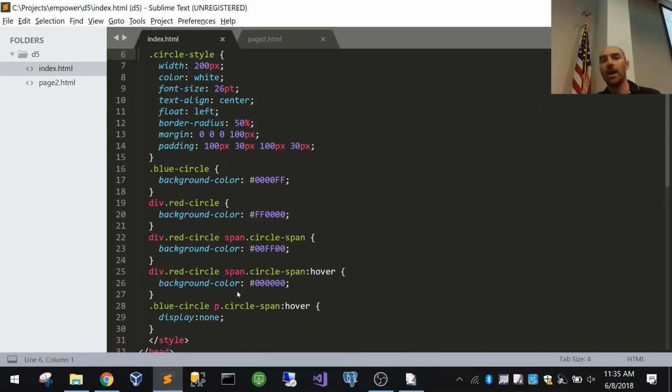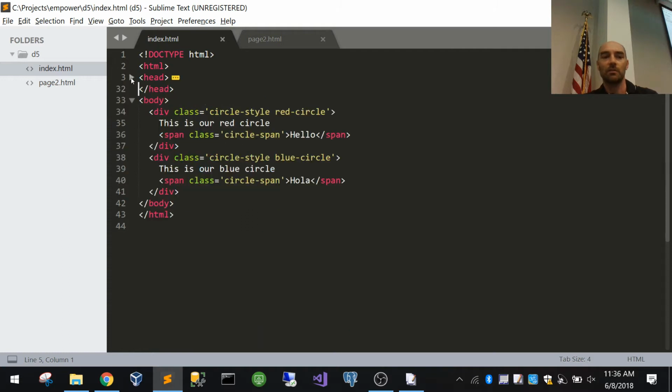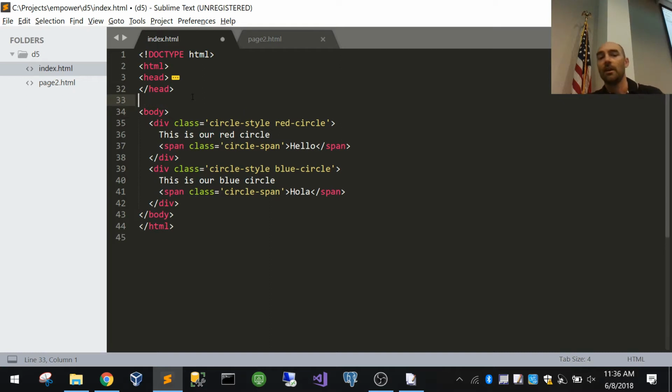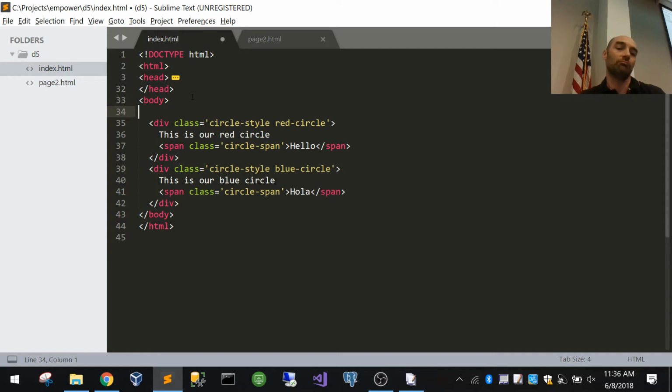Right now, this page has nothing in it except HTML and CSS. One of the nice things about these text editors that you can't do in Notepad is you see these little collapsible sections. You can do that, and you can't do that in Notepad. So I can focus on showing you just what I want. And as we learned, I can put the script tag anywhere I want. So just so I can collapse that head and give you a script tag,